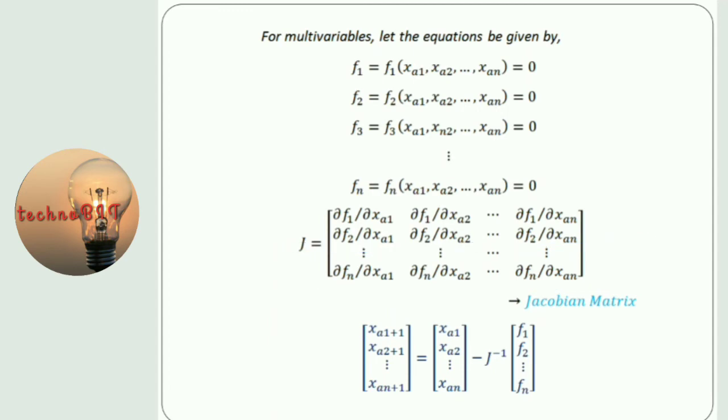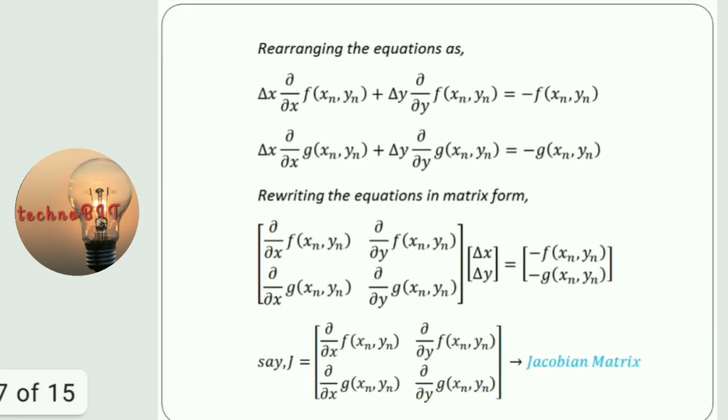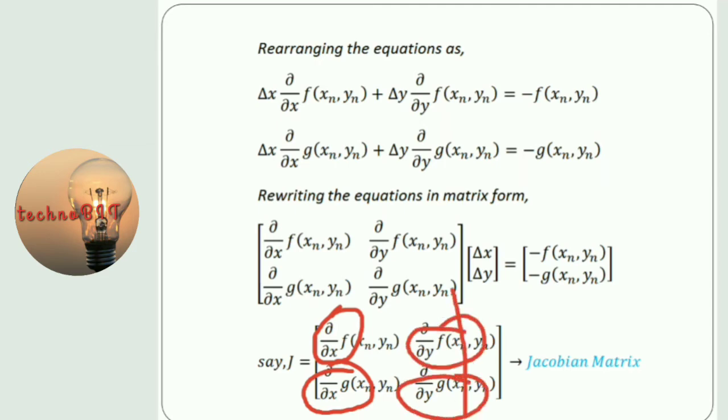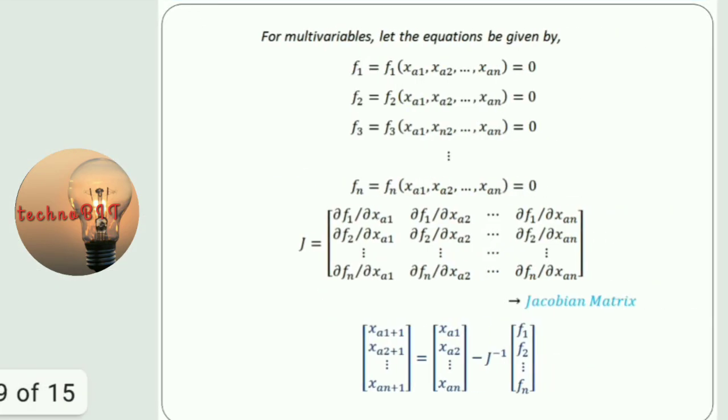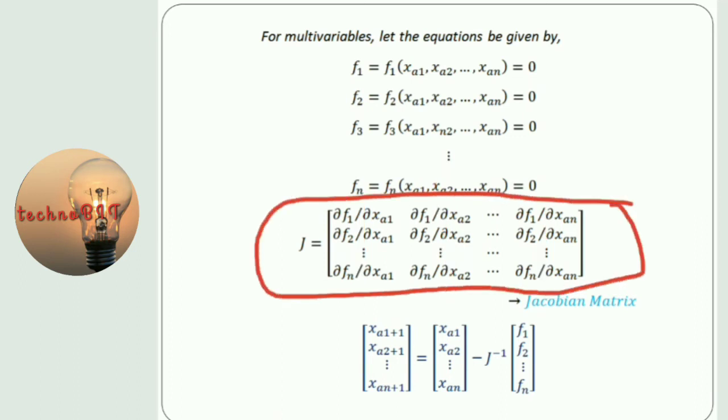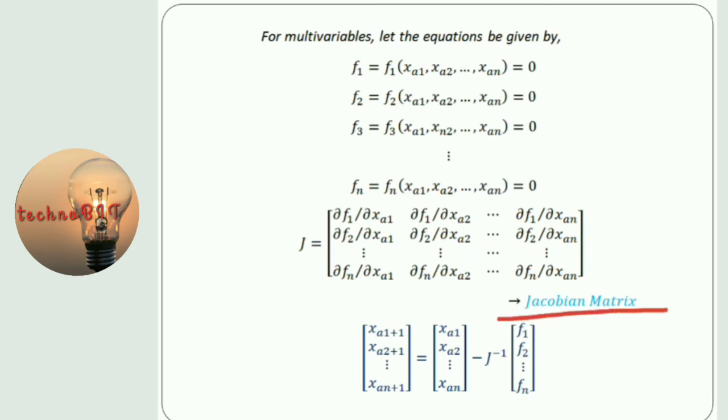Similarly, if you compare, in the Jacobian matrix the first column represents the derivative with respect to x, that is the first variable, and the second column represents the derivative with respect to y, that is the second variable. So similarly you can compare that here also the derivative is with respect to the first variable, that is x1, with respect to the second variable, that is x2, and with respect to the last variable, that is xn. So the format is similar, right? So this is called what? The Jacobian matrix for n number of multivariable functions.